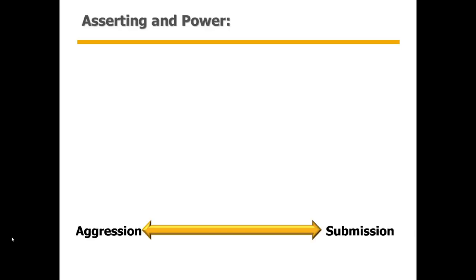Oftentimes, with positional authority, what we tend to see is that people's relationship with influence runs a span from highly aggressive behavior, almost bullying when they have the power, to submissive behavior when you don't have power. And this is an interesting phenomenon. The same person can be very aggressive or very submissive if they don't have a healthy relationship with that positional